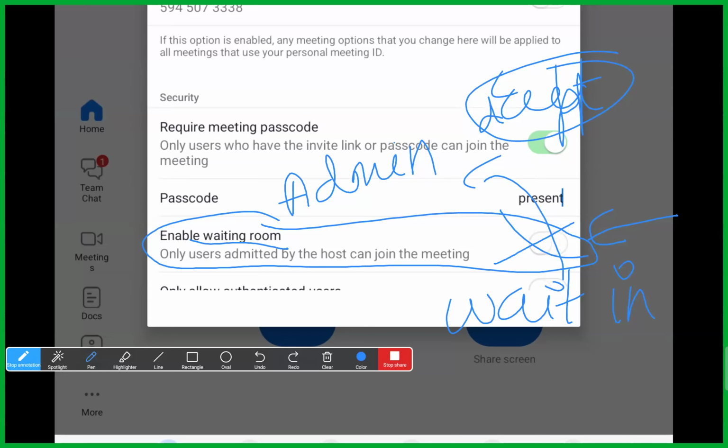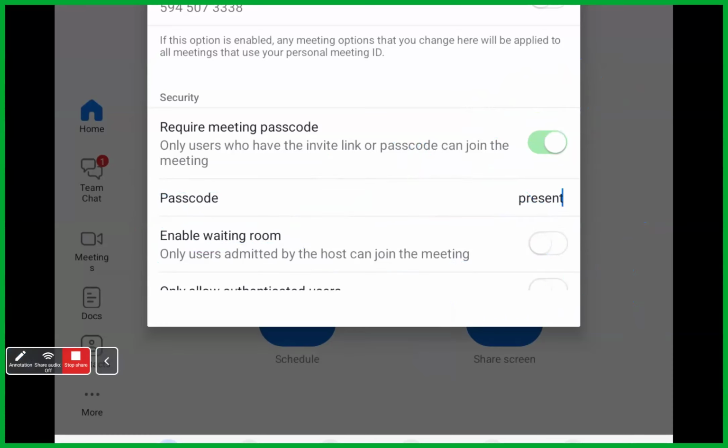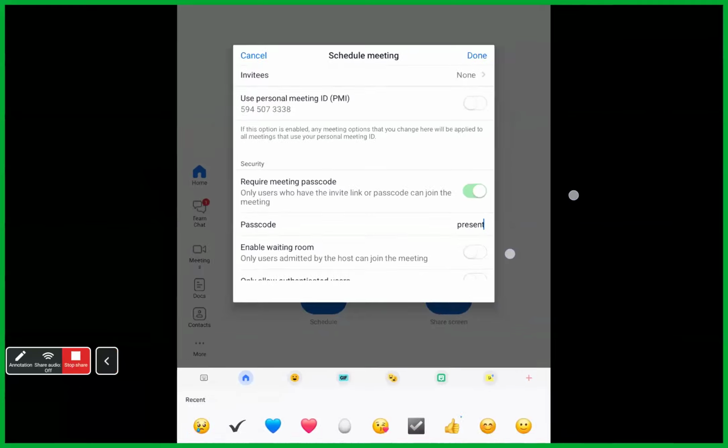If you want everyone to knock on the door and get in, then you have to enable this. Enabling the waiting room is something like asking the host whether you can join or not. But if I'm giving you the link, it means that I have invited you already. You can join me already, right? This is only used when you have shared the link with thousands of participants and you don't want everyone in there, you just want 5 to 10 students. In that way you can select whoever you want and get them into your class, and the rest you can just leave out. That is what you can do when you enable the waiting room.